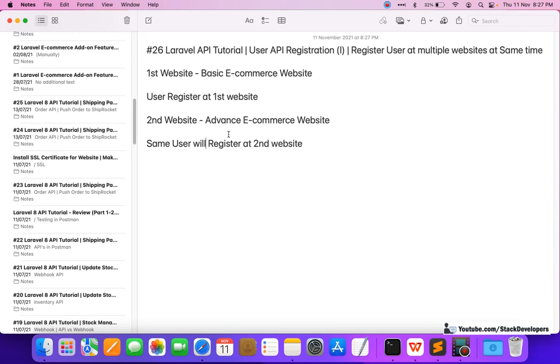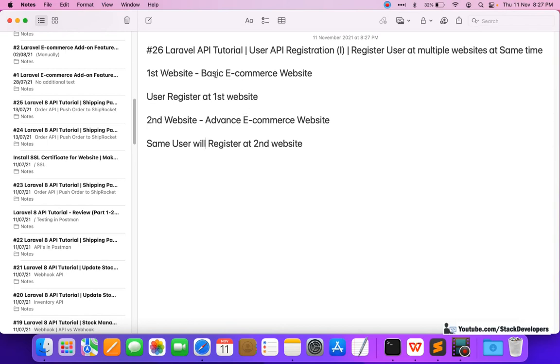This is part one of user API registration, because there are many things we are going to do with the APIs, including how we are going to use curl. I hope it is clear what we want to do.